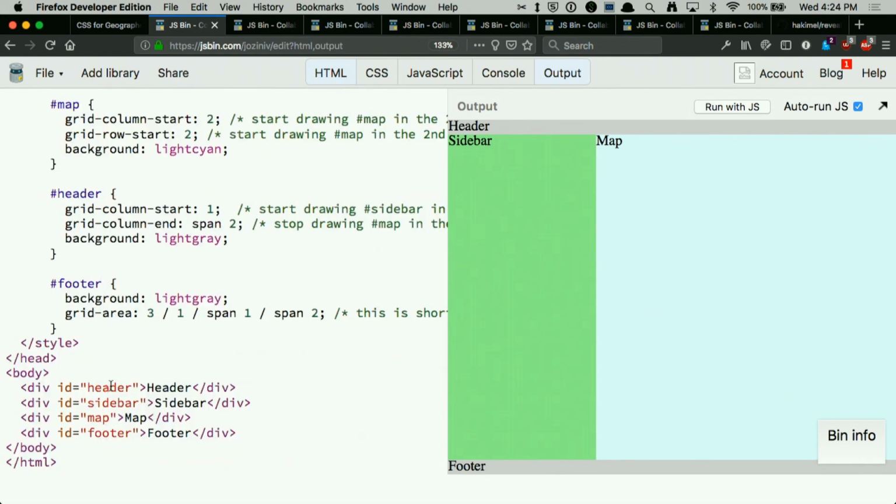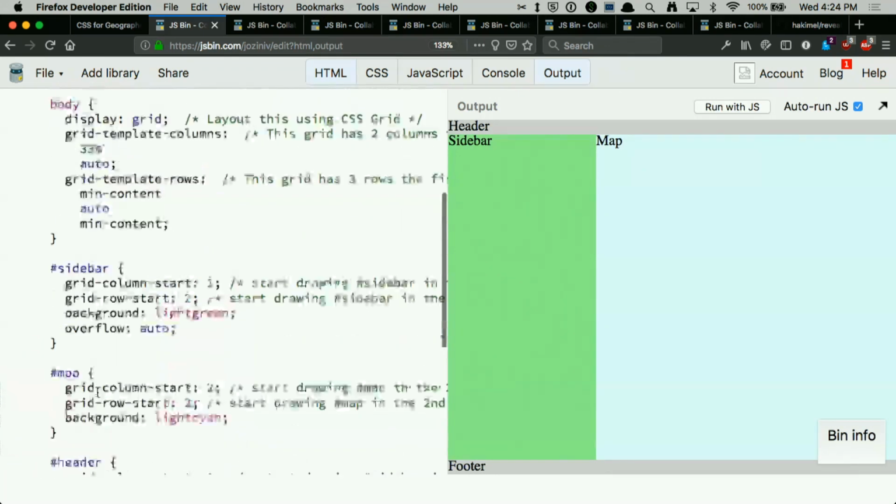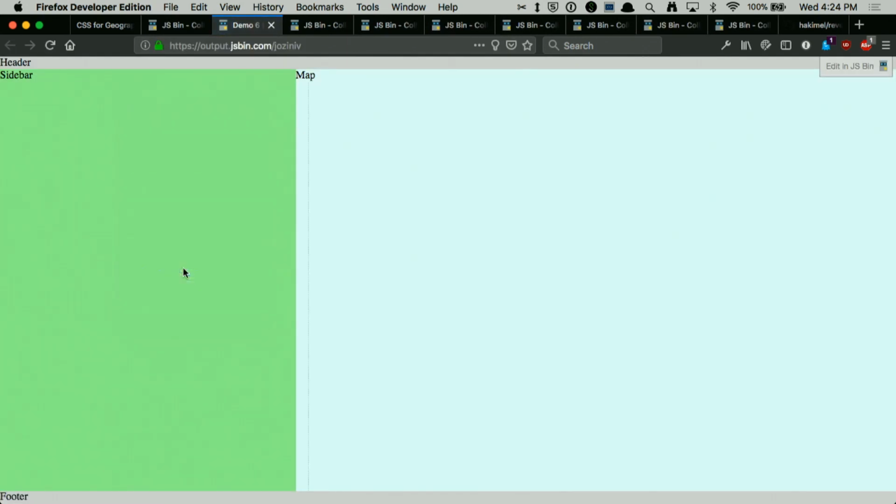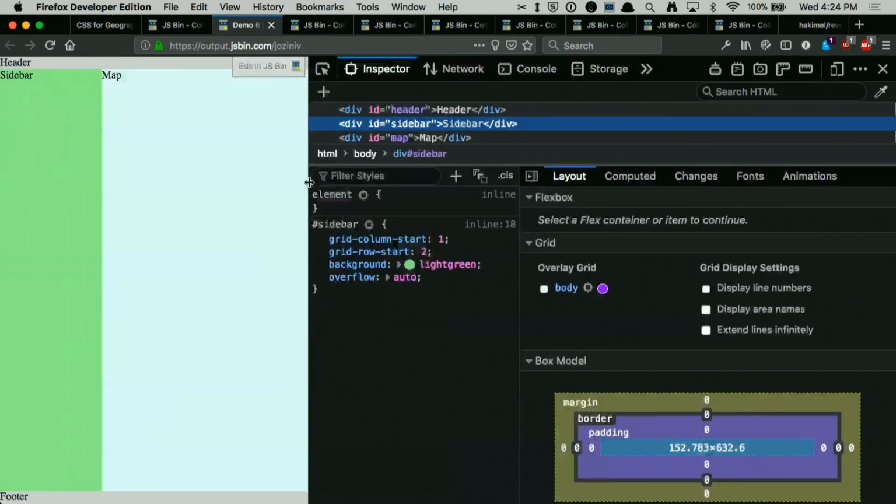We have this structure. Now there's not even a wrapper div. We just have 4 divs, header, sidebar, map, body, footer, whatever. We have just 4 divs. And we turn those into a grid. Now grids have rows and columns naturally as a part of them. If I take a look at this in DevTools,